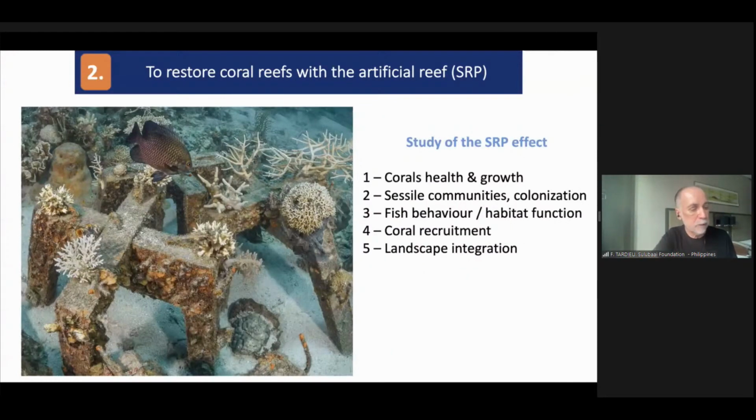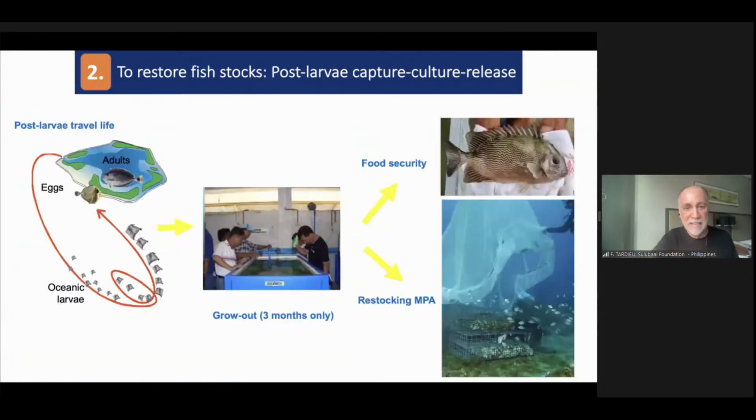The Sea Academy project will use the SRP. SRP is a through reef processes, my innovation. The SRP artificial reef to restore coral reef inside the new MPA. And the last slide is the repopulation of the fish population will be done according to the innovative method capture